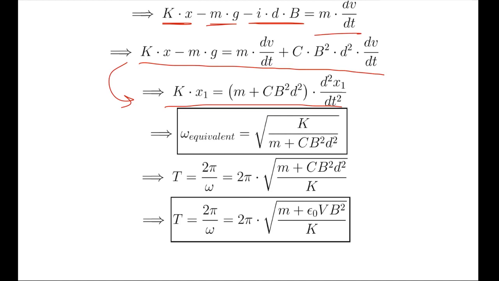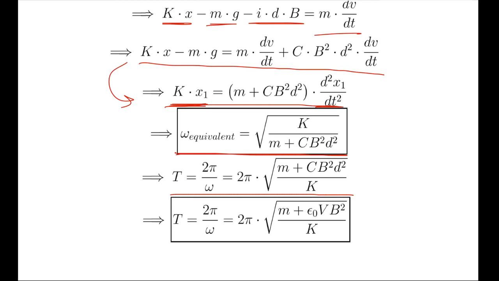As it's a constant factor, on differentiating it we'll get 0 in this term. So basically we can ignore that, and I just wrote this as kx1 variable, and here dv by dt can be written as d2x by dt squared, and here x can be replaced by x1. So basically we got an equation of SHM where d2x by dt squared equals minus omega squared times x. From here the omega which we get is the root of k by m plus CB squared d squared. So the time period will be 2 pi by omega, which is 2 pi root of